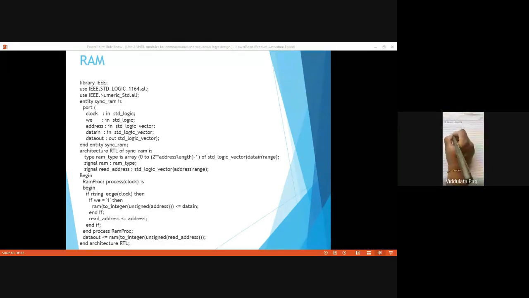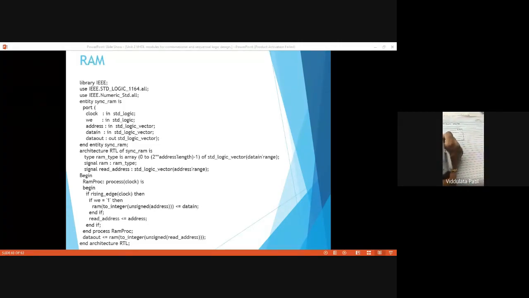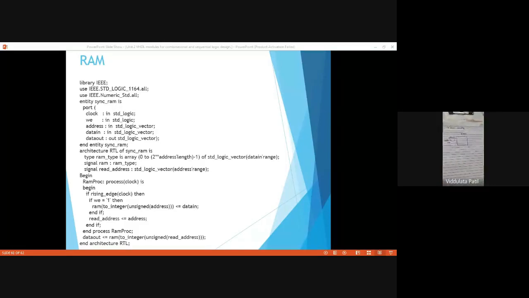It has the input that is the address. This is a vector. Then data in and WE, which is write enable. So it has these three inputs and the clock. As RAM is a synchronous device, it needs a clock.